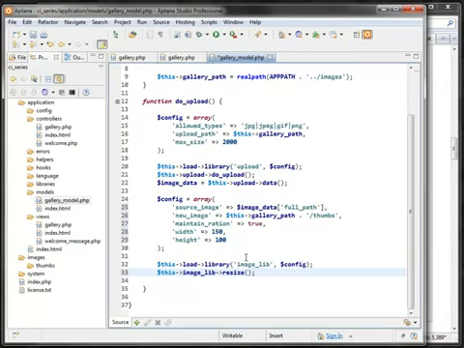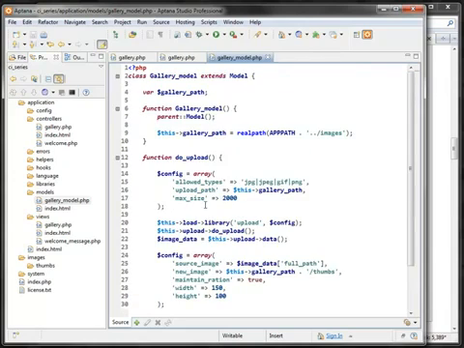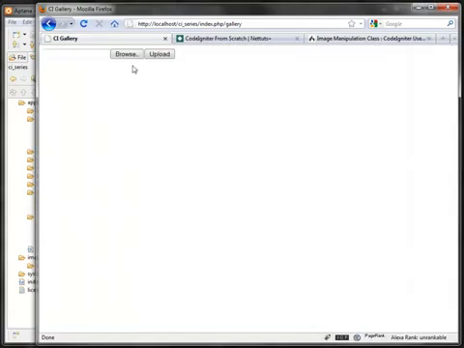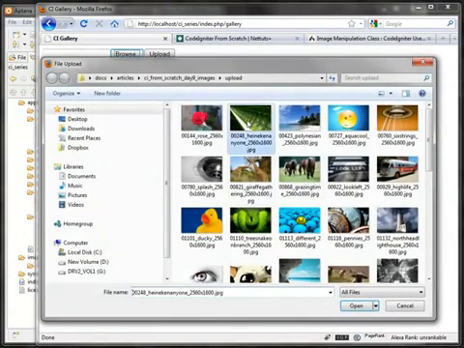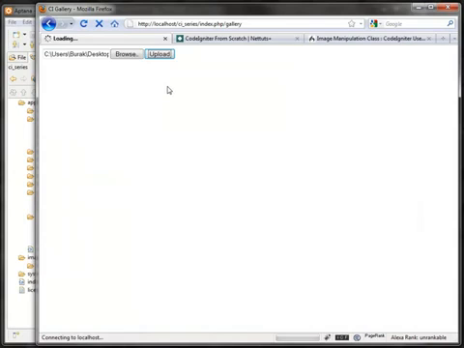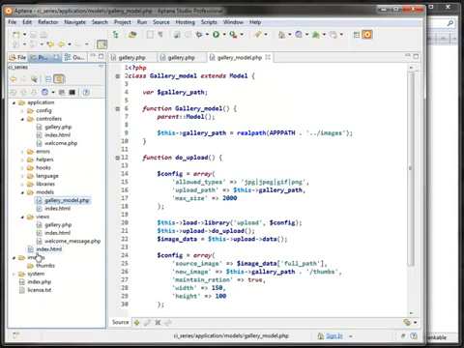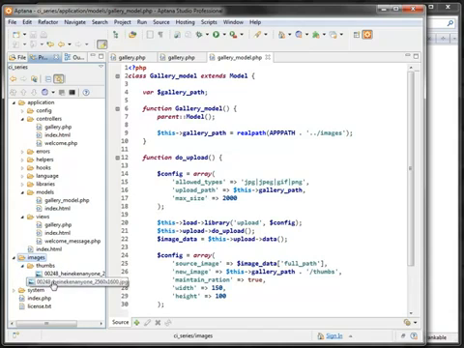So let's see. I think this is ready to do a test. Let's pick another image, upload. All right, so refresh. Here we go. In the images folder, I have the one image, and under the thumbs folder, I have the thumbnail version